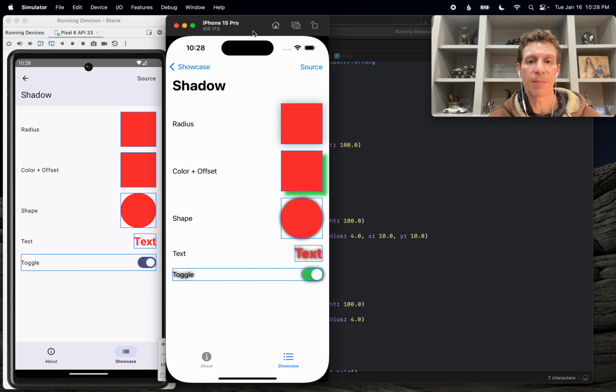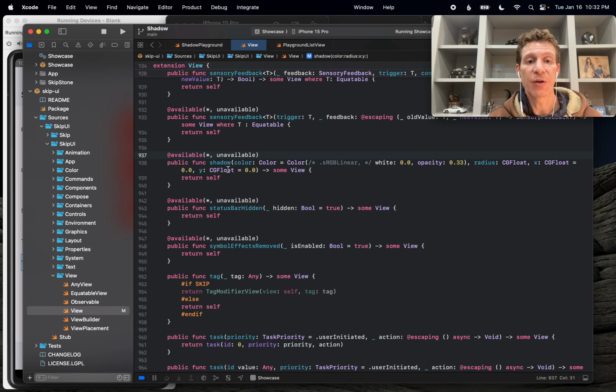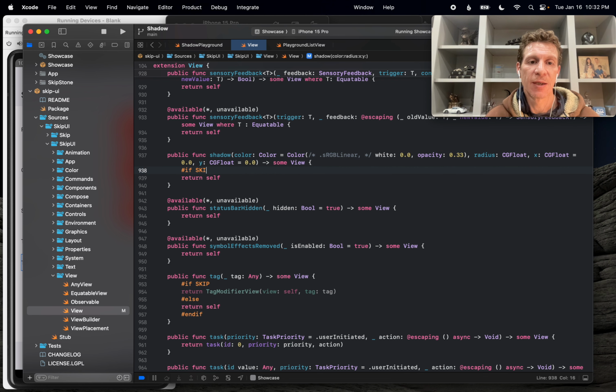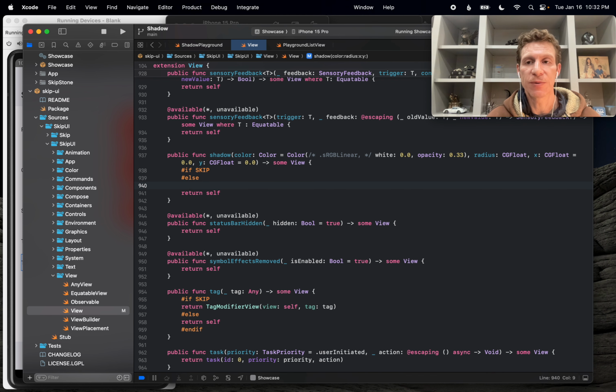Okay, so let's jump back into the SkipUI view source code and start filling in the shadow modifier. Now you may have already noticed that SkipUI itself is transpiled. It's written in Swift, and it uses if skip blocks, which I recently referred to, to execute and call Compose. Now we could simply surround pretty much the entire code base in if skip blocks, but instead we've chosen to leave each API